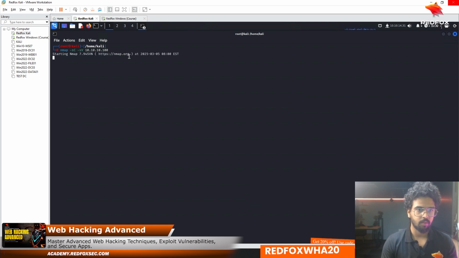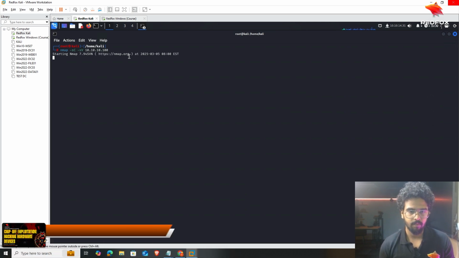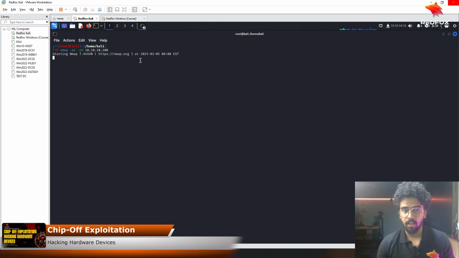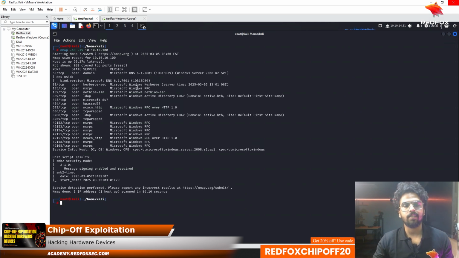Yeah, that's it, we're good, and let's just run our Nmap scan on the IP. It might take a while. Yup, and here we are. So you can see that there are a lot of ports that are open, and the first one you can